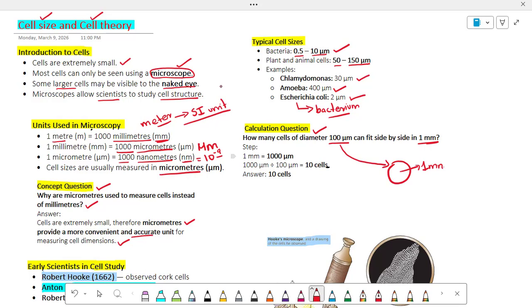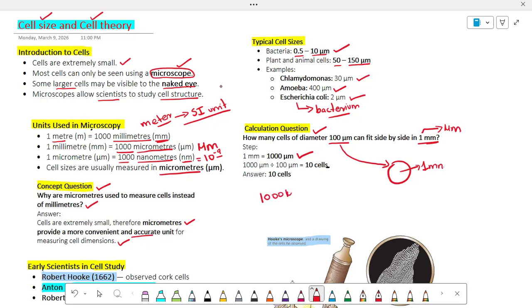The first step is, when we have to solve such a question, we need to convert the units so that both values have the same units. I already told you that we use micrometers to measure the cell. So we will convert 1 millimeter into micrometers. Here 1 millimeter is equal to 1000 micrometers. The next step is we will divide 1000 micrometers